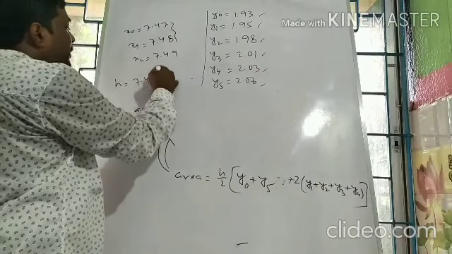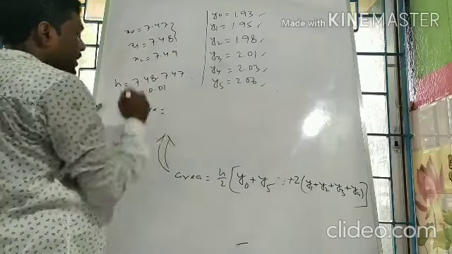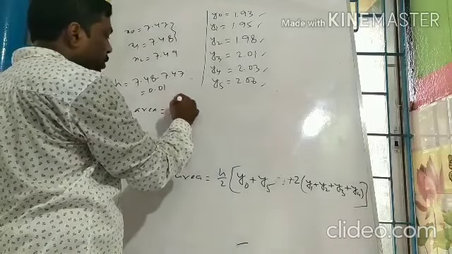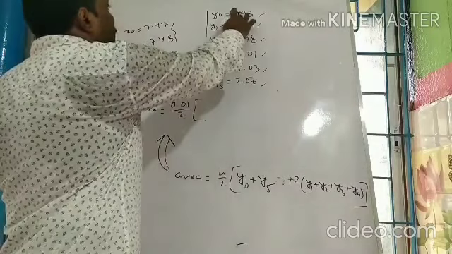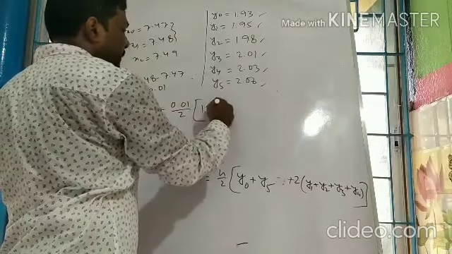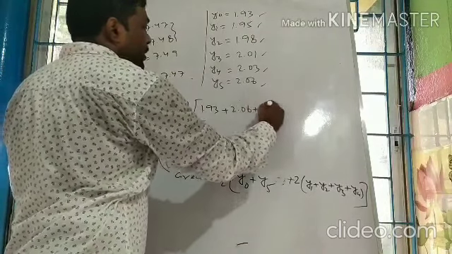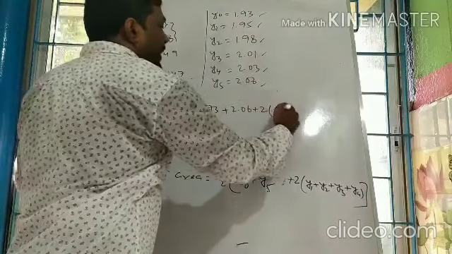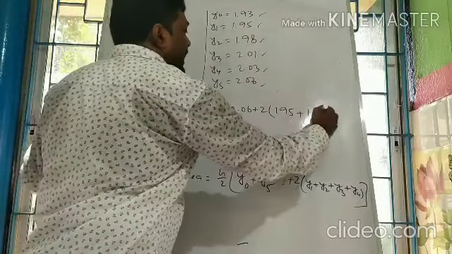So the area is 0.01 divided by 2, times y0 is 1.93, y5 is 2.06, plus 2 into 1.95 plus 1.98 plus